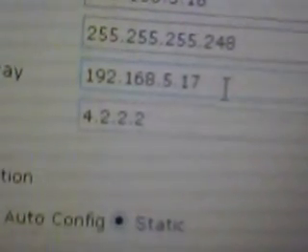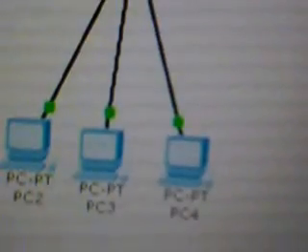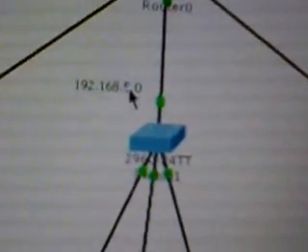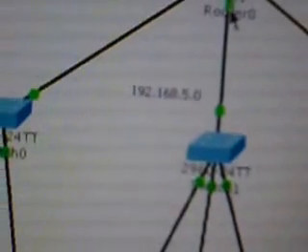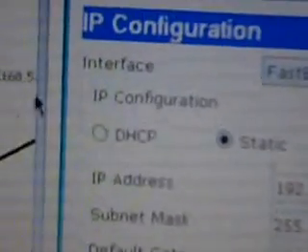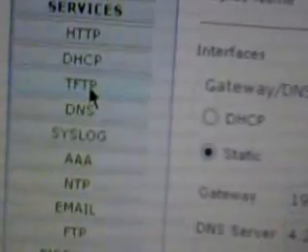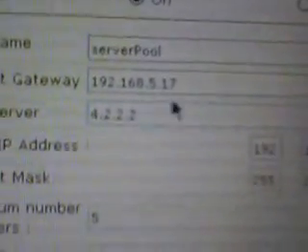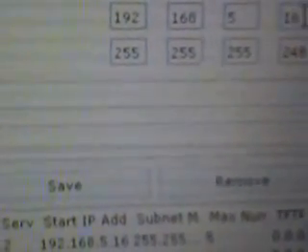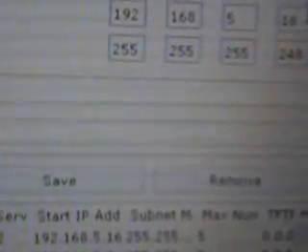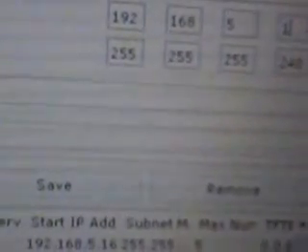For the second LAN, the starting IP address is 5.0. So if I use 5.1 it is acceptable as the default gateway for this router. Sorry, this LAN. So what I did is this is LAN 1. So again press config. This is the LAN 1 DHCP, this is the LAN 1 default gateway. So please note that. And here we have to type the first usable IP address for these LANs' PCs.